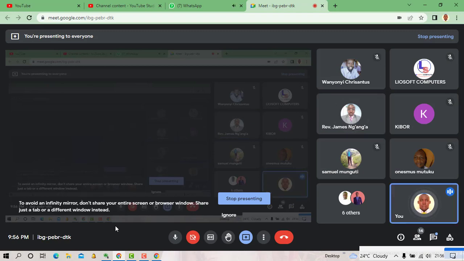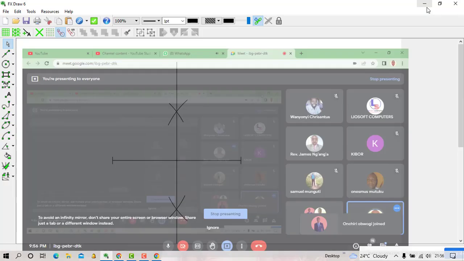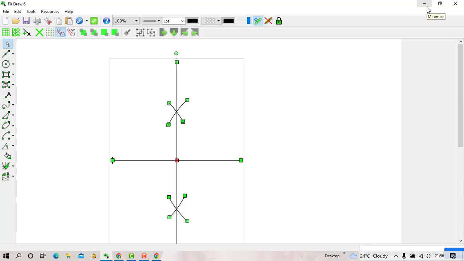Good. I want to repeat this one of the perpendicular bisector, because remember the same perpendicular bisector is the one we are going to use when constructing the loci. So we should make sure that we understand this bit of angle construction, because we will not be able to handle the question of loci. So I want to erase everything.